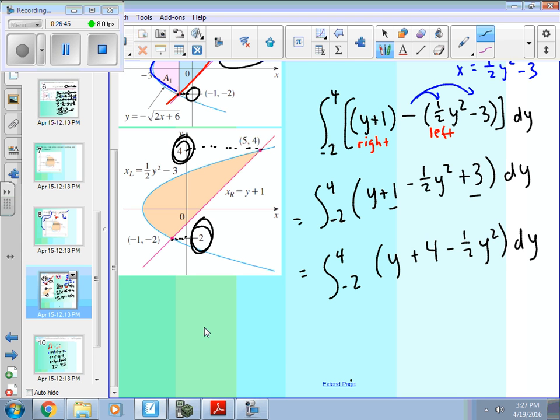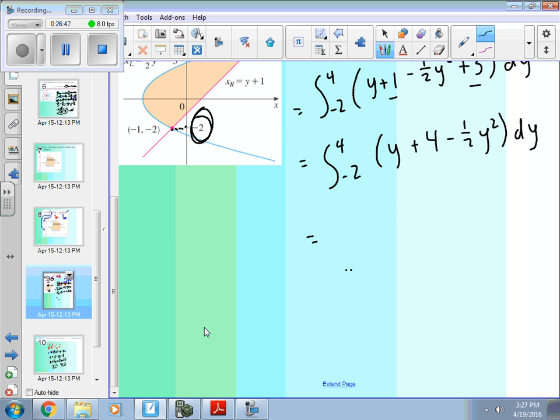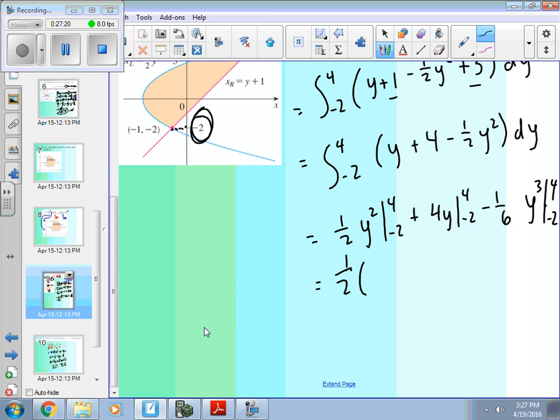Okay, so now if we find antiderivative of all these and plug in our numbers, we should be able to find this area out. So first here we got antiderivative of 1/2 y squared, and we want to evaluate that at 4 and negative 2 plus. The middle one's pretty easy here. That's just 4y evaluated at 4 and negative 2. The last one, that's going to be y to the third power. Reciprocal would be 1/3, so this is going to end up being 1/6. And then, again, evaluating at 4 and negative 2. I'm going to leave these constants out while we do this here. So we got